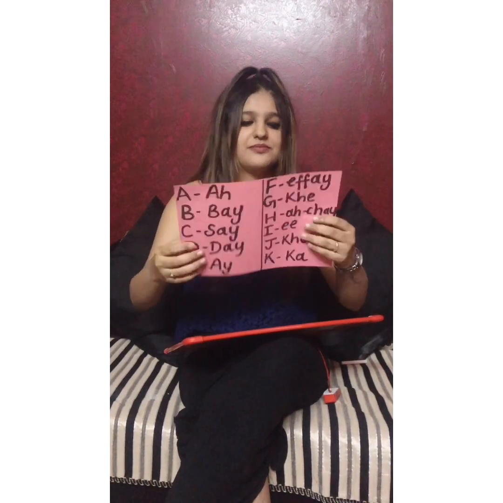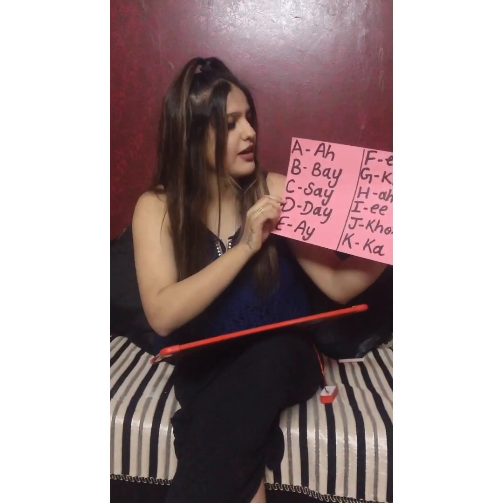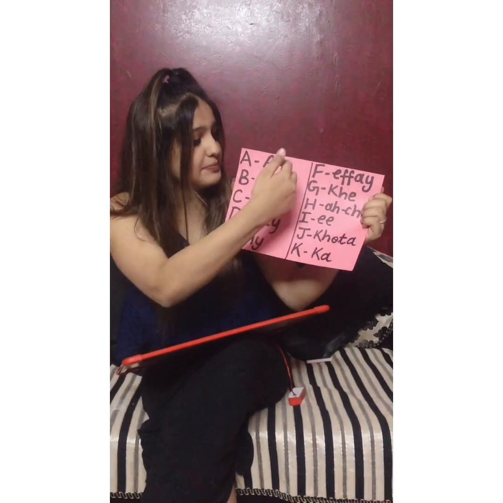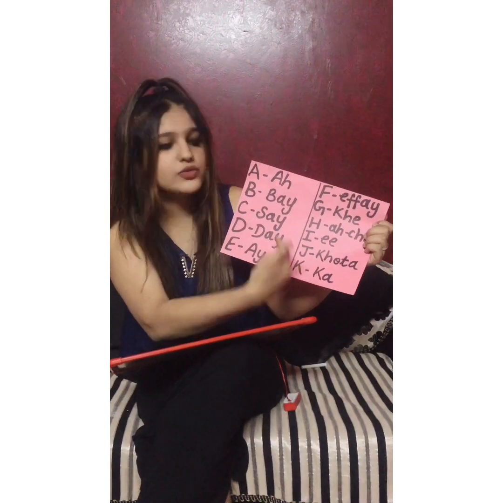I've already written all the letters. So is it visible? On the left hand side are the alphabets, and on the right hand side is the sound that comes out of these letters. And a disclaimer, you don't write the alphabets like this. This is just a technique that I use because I was trying to find an easy approach for you guys. So this is just the sound that comes out of these letters when you speak.